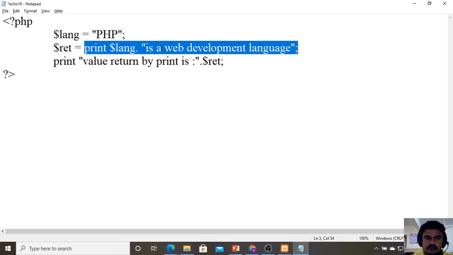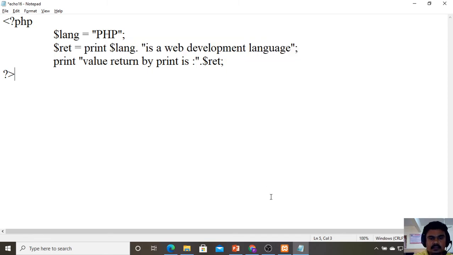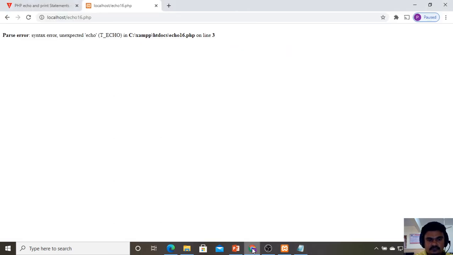So since some content is available with the return variable, if I use the print, it will show 1. If I don't use print, if I use echo, it will produce error. Why? Because echo does not produce any return value. Print will return the value. So print will always return an integer value, that is 1. So that is the reason I am getting the output like this.